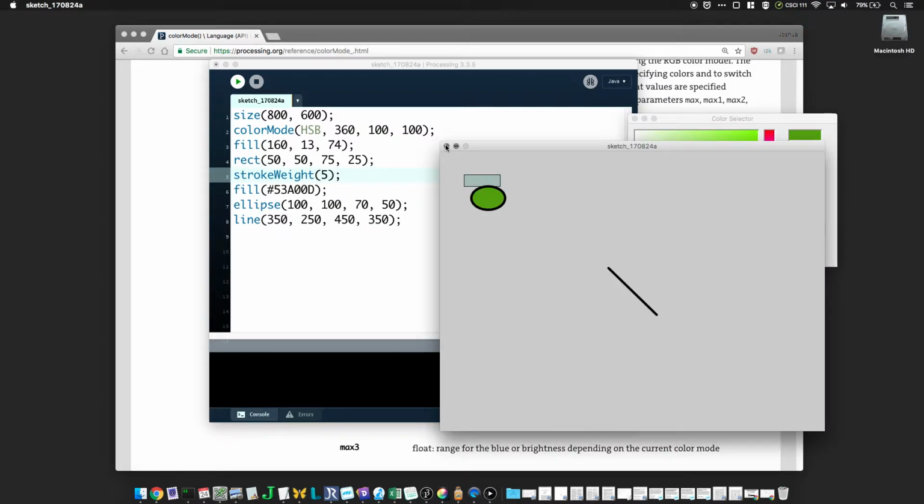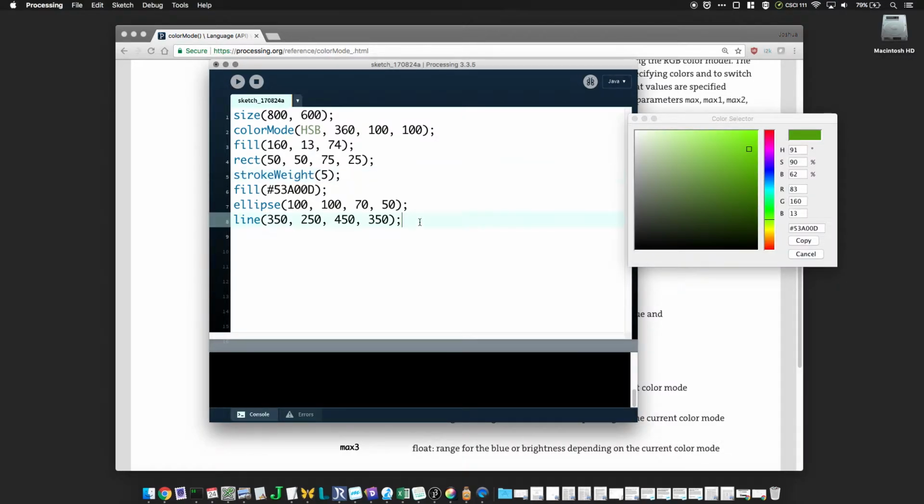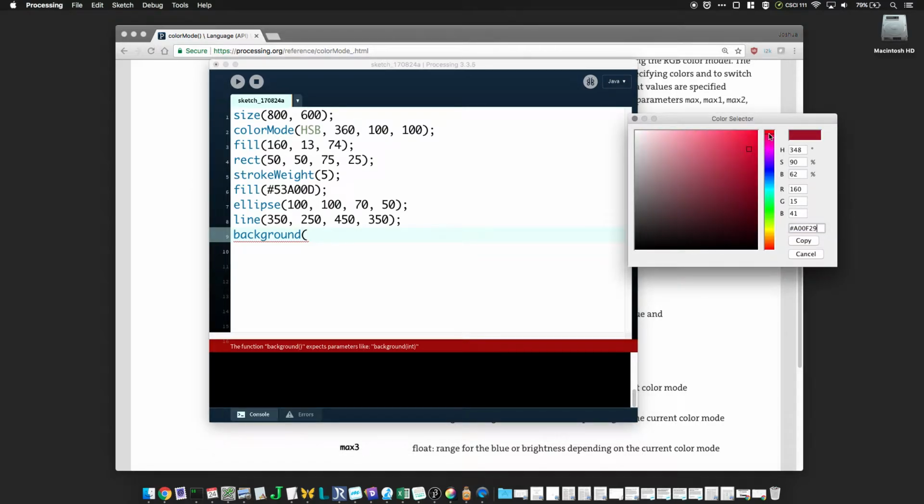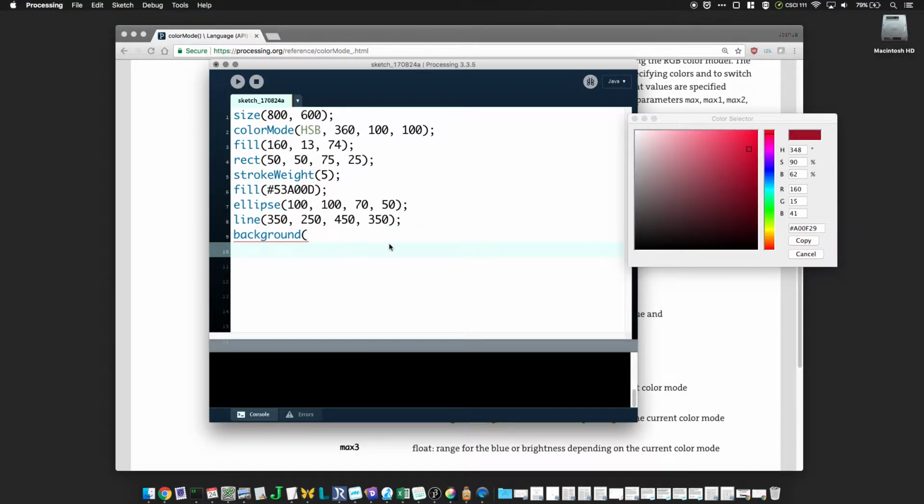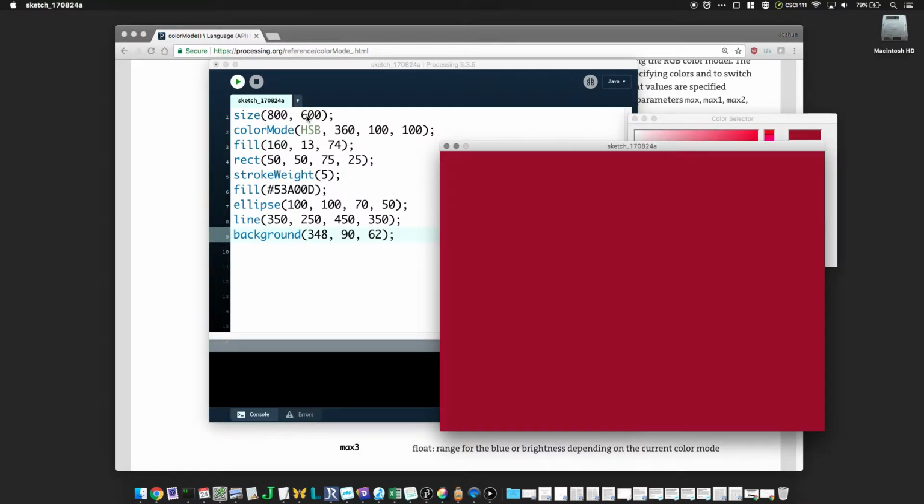Finally, you see here there's a gray background. You can affect the background too. And let's just put it here, background. I'm going to give 3 numbers, so I'm in HSB mode. Let's pick a color here. That's fine. 348, 90, 62. But we have no more picture. That's because the background command you can actually think of as filling the entire screen with the color. So if you do it last, it's going to cover up all of your other shapes. So you probably want to do it first,